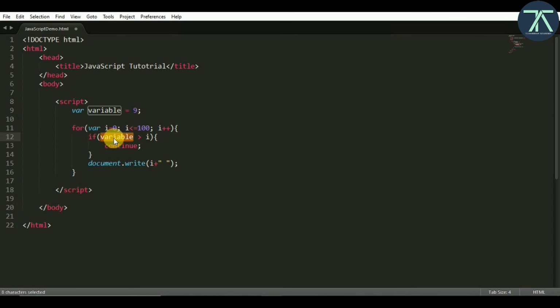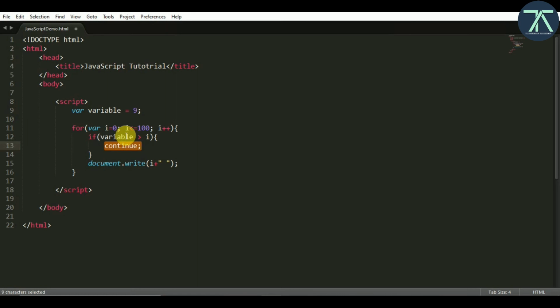This condition will be true until the value of i is 9. Every time the continue statement executes, the control will go back to the for loop without executing any other code under the continue statement.